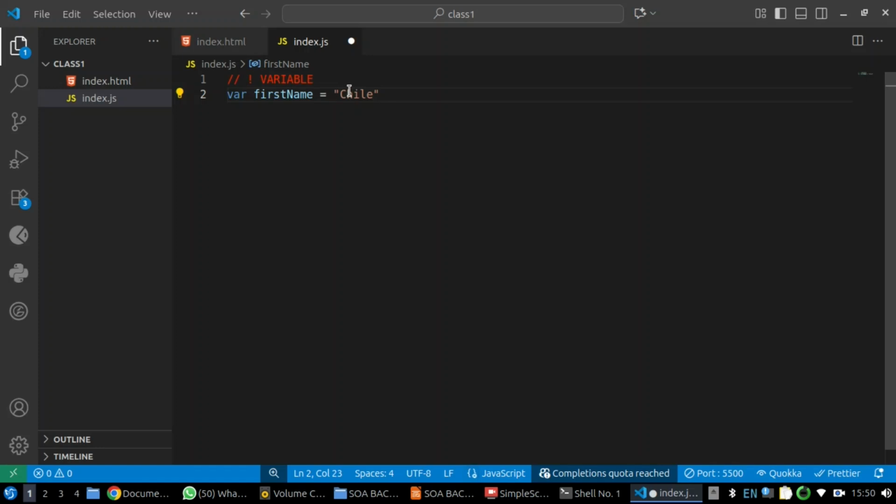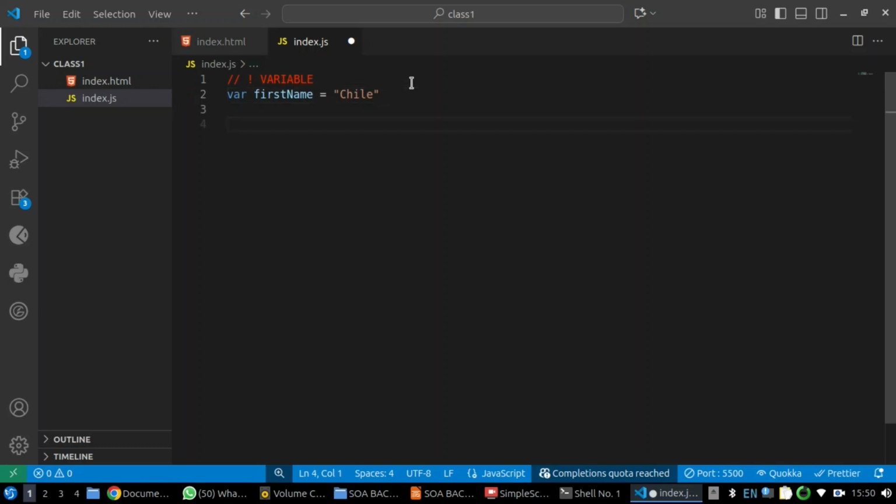So the value inside the box is Chile, and the name of the container of the box is first name. So whenever I want to get what is inside this box, I will reference it with this first name. So let's check that out